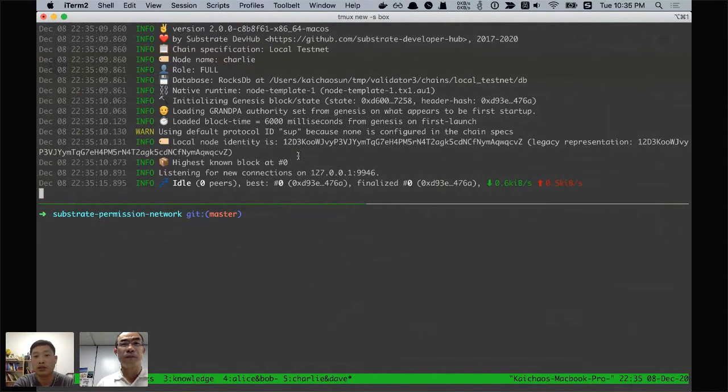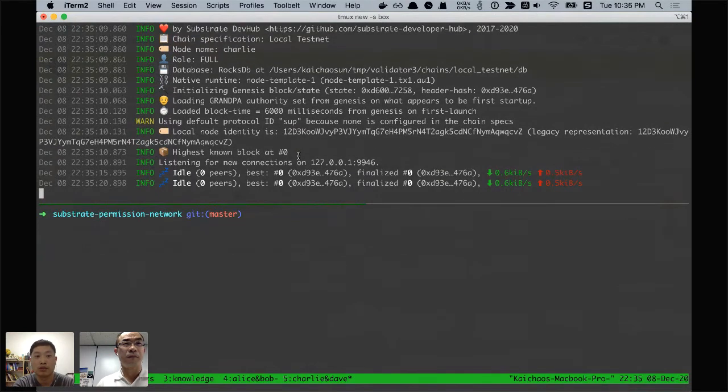Now Charlie's node is started, but there are no peers, and it's not syncing since